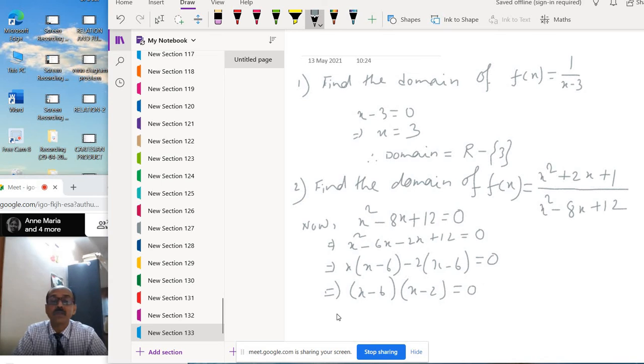So x equal to 6 and 2. Now, what is the domain of this function? Therefore domain equal to